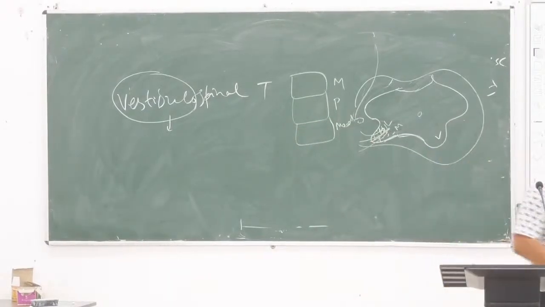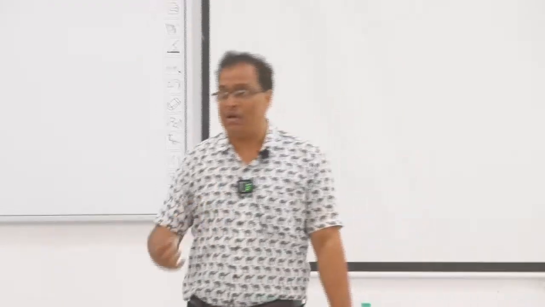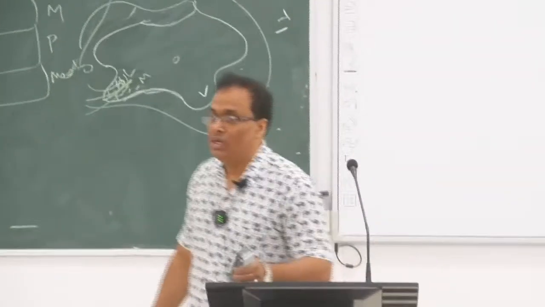Simple. So extrapyramidal tracts আমি বলছি, extrapyramidal tracts এর আরেকটা নাম আছে except cerebrospinal, that is called কি